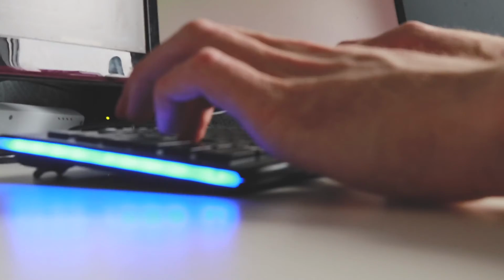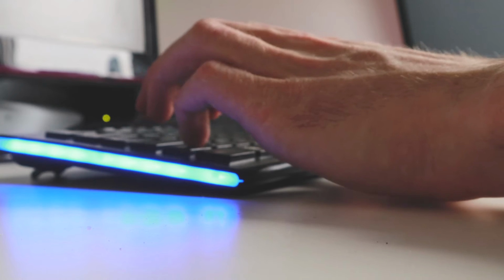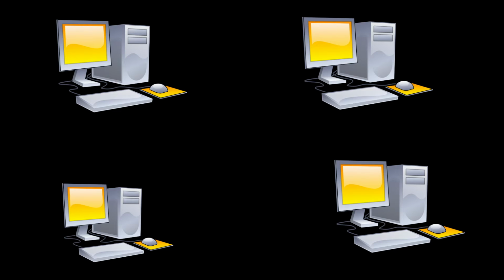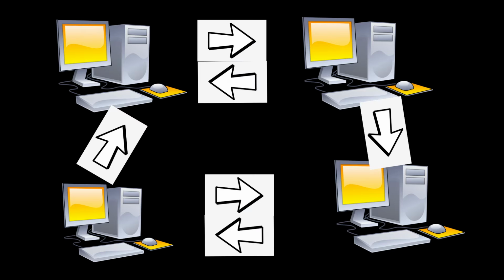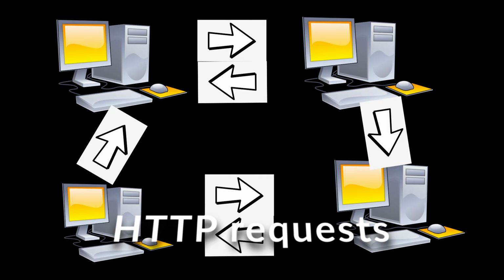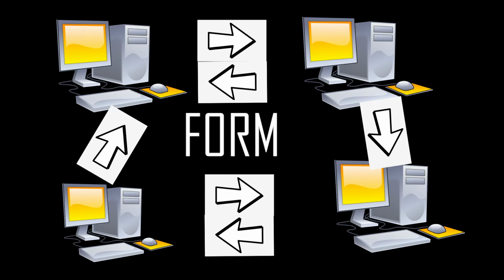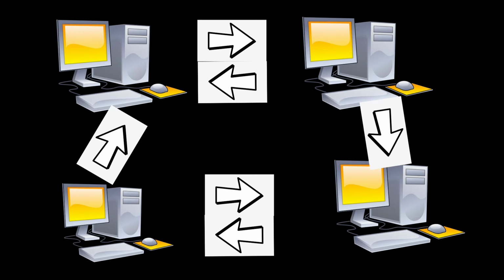First, let's understand what the internet is and how forms work. You can think of the internet as a network of computers put together, which send and receive information among themselves. The language that they use is called an HTTP request. For that HTTP request to work, you need a form which will take information from you and send it to another computer, which will read that information and send the relevant information back to the first computer, and then the first computer will display it to you. That's how the HTTP request and the form work in basic.